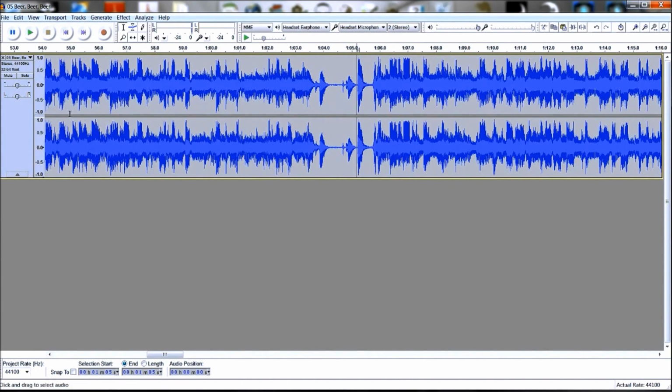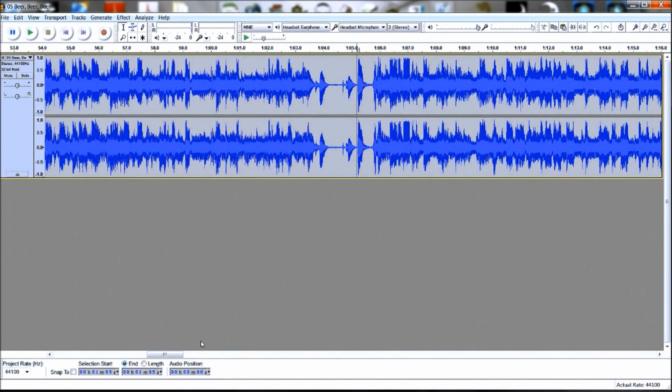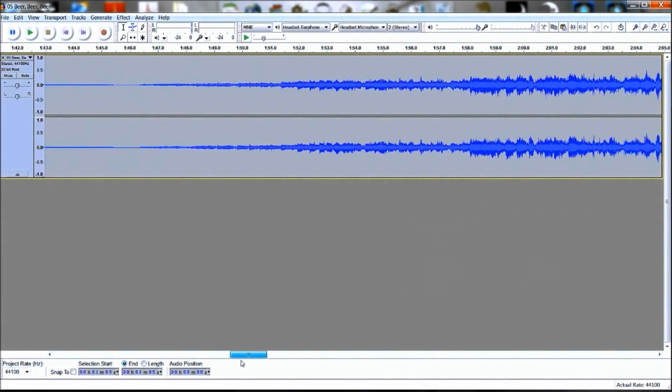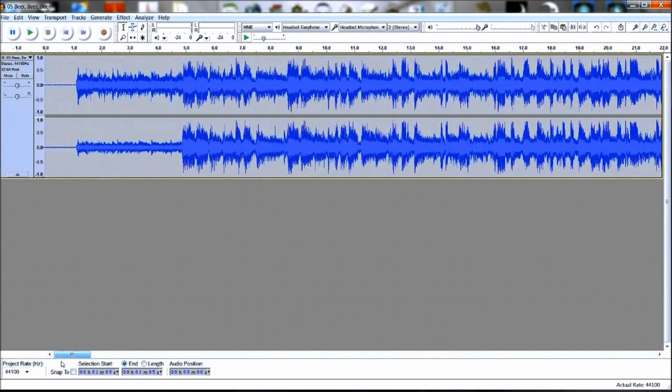There are a whole bunch of other effects you can do. Equalize is one that people tend to use, equalization. If you have music where you have a very low volume in part of the music and very high in the rest, and you want to make it sound more continuous, equalization will work for that. And there's a ton of other effects which I haven't even started to play with yet. So the idea here was just to give you a little bit of an idea of what happens here in terms of the various